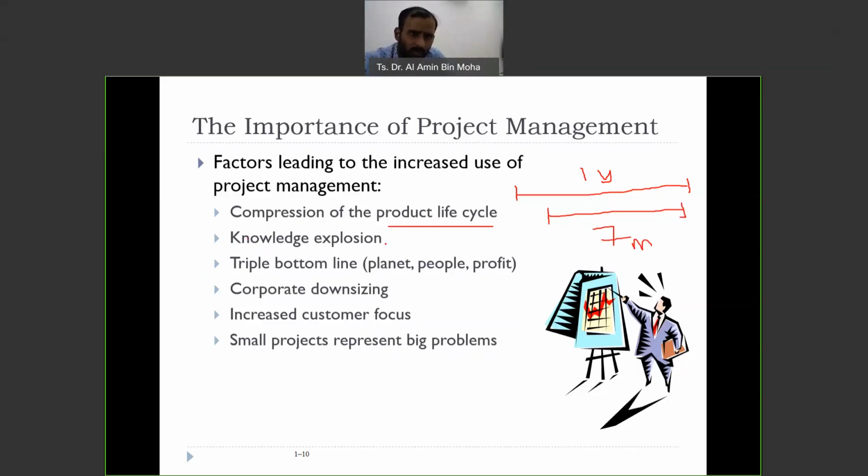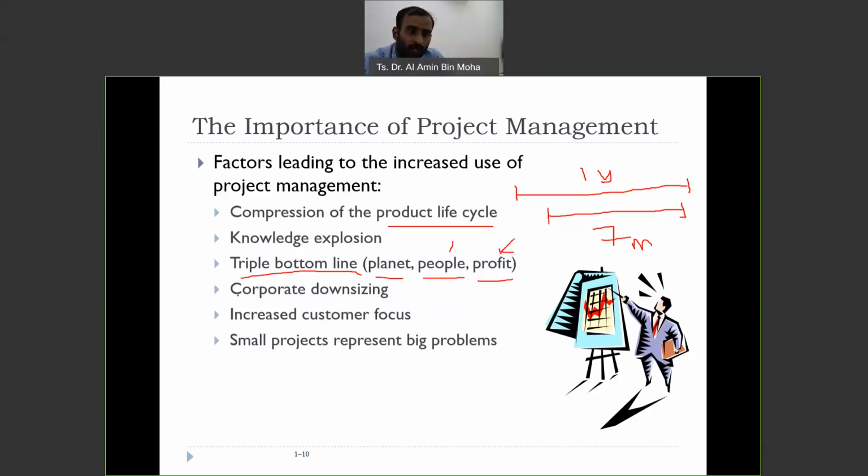You're going to boost your knowledge by having information on project management. You're going to consider sustainability. These are the three important pillars of sustainability. You're going to consider the planet, the environment, the people, and also the economical issues or factors when you're dealing